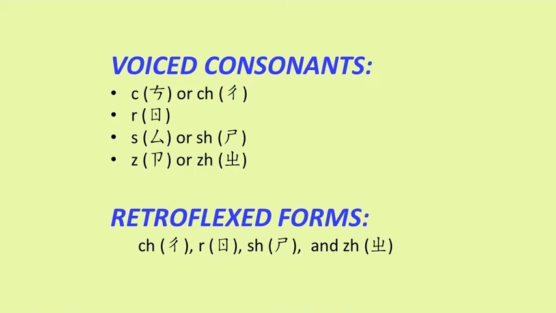CH corresponds to Sh, SH corresponds to Sh, ZH corresponds to Z, R corresponds to R. This retroflex form is briefly mentioned in the connection of the discussion of alphabets H in my video number 5. And in this video, we also will skip the discussion of this retroflex form for another video later. Let's jump to how to pronounce the alphabets Z, C, and S in pinyin directly. Please remember that pinyin alphabet C is pronounced as the plain lips, J in English Julie.